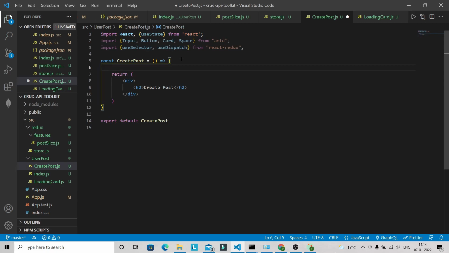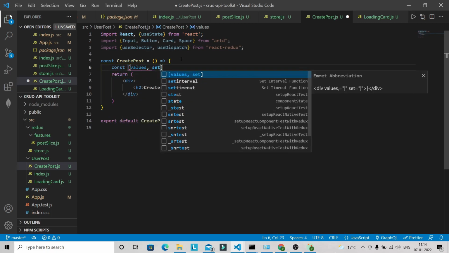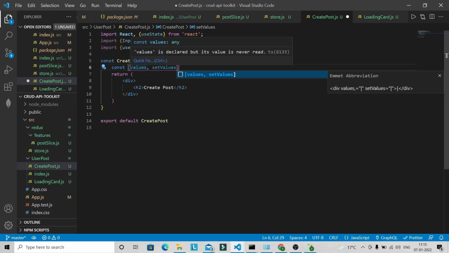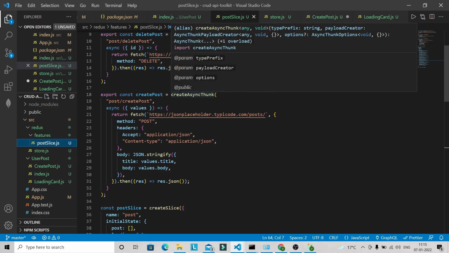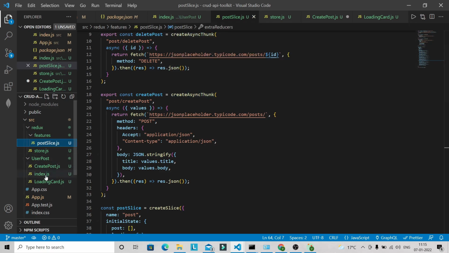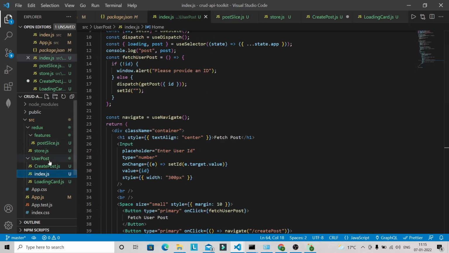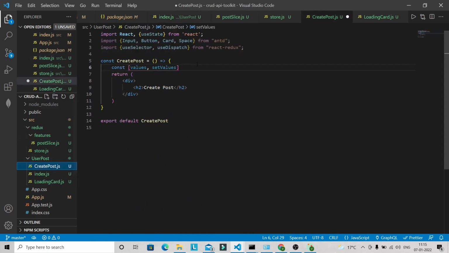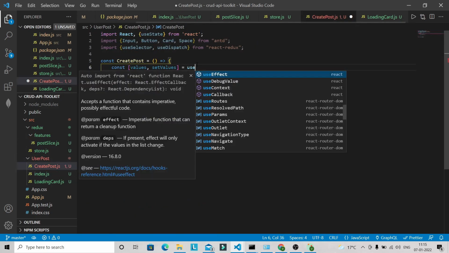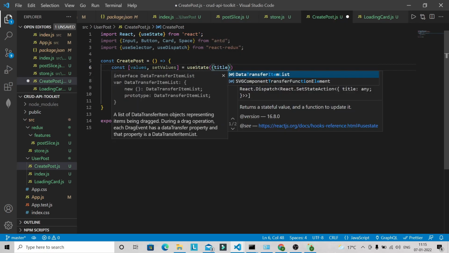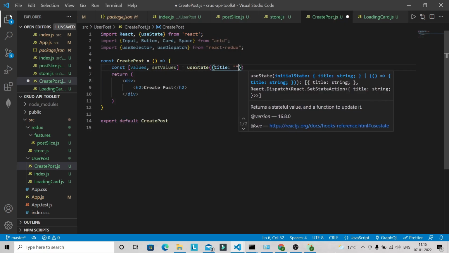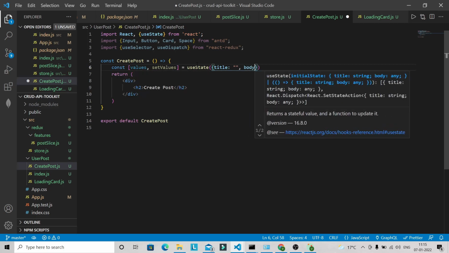So first I am going to define one state with values. This is the same value that we are going to pass through our action, so that it can be received here in our postSlice.js file. So let's work on this CreatePost. So useState, and we are going to define our initial state with an object. We are going to have title and body,